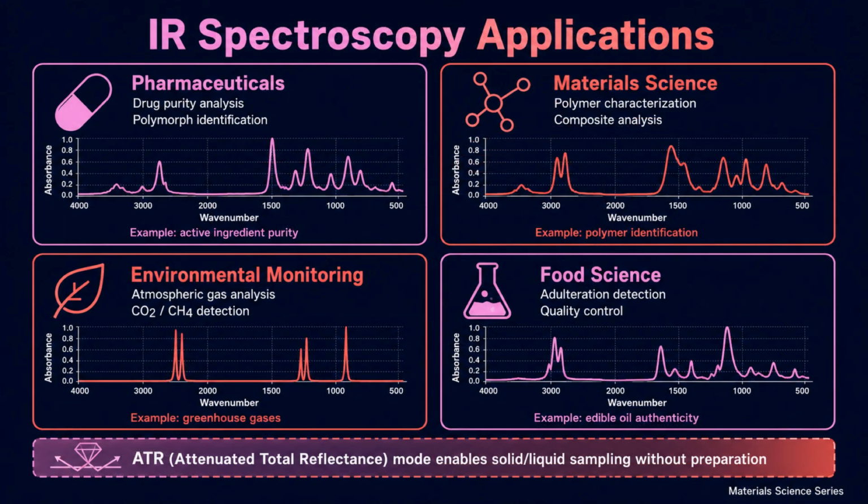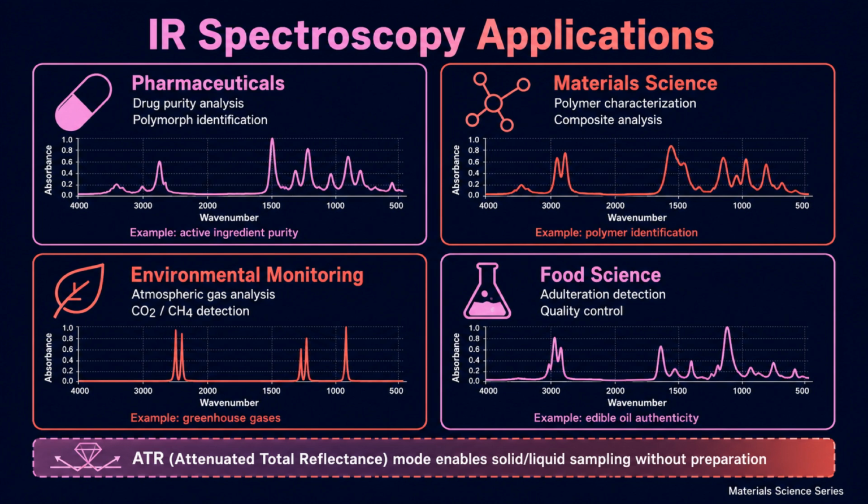IR spectroscopy has diverse applications across industries. In pharmaceuticals, it verifies drug purity and identifies polymorphic forms. Materials scientists characterize polymers and composites. Environmental monitoring uses IR to detect atmospheric gases like carbon dioxide and methane. Food science applications include detecting adulteration and ensuring quality. ATR, attenuated total reflectance, mode enables direct measurement of solids and liquids without sample preparation, making IR analysis faster and